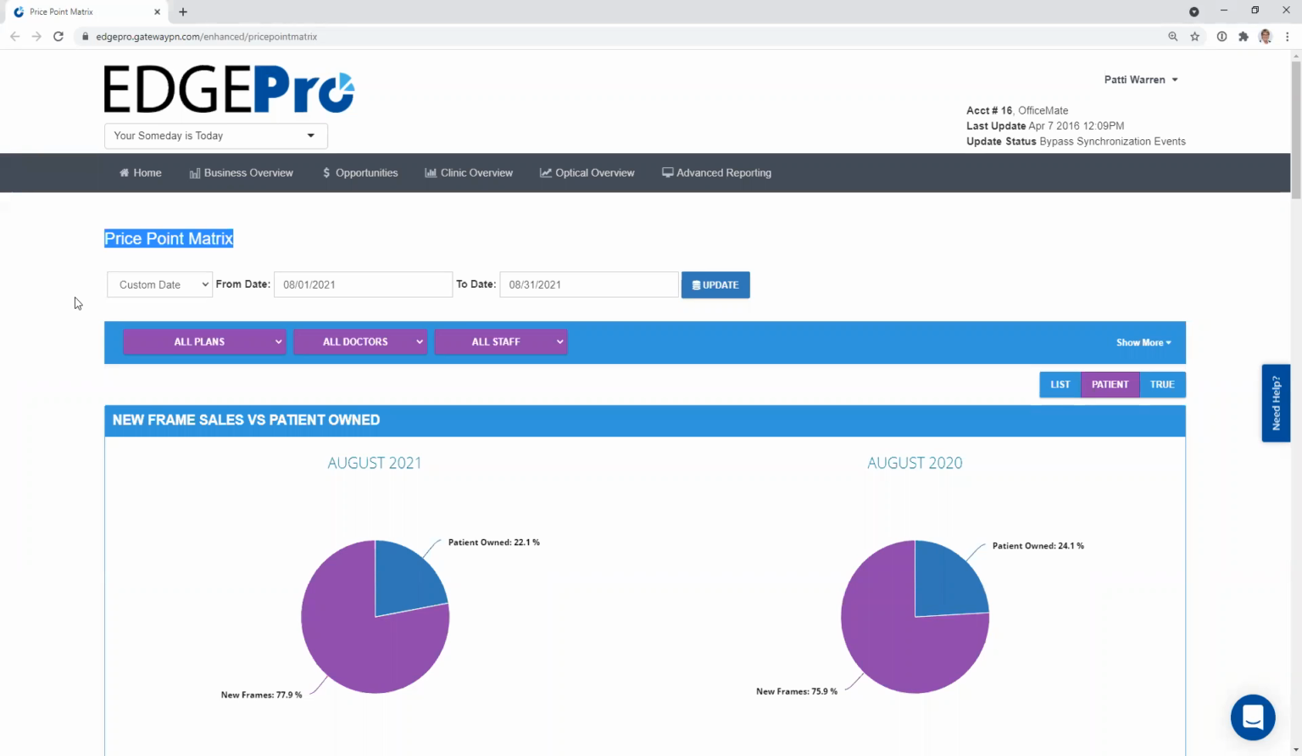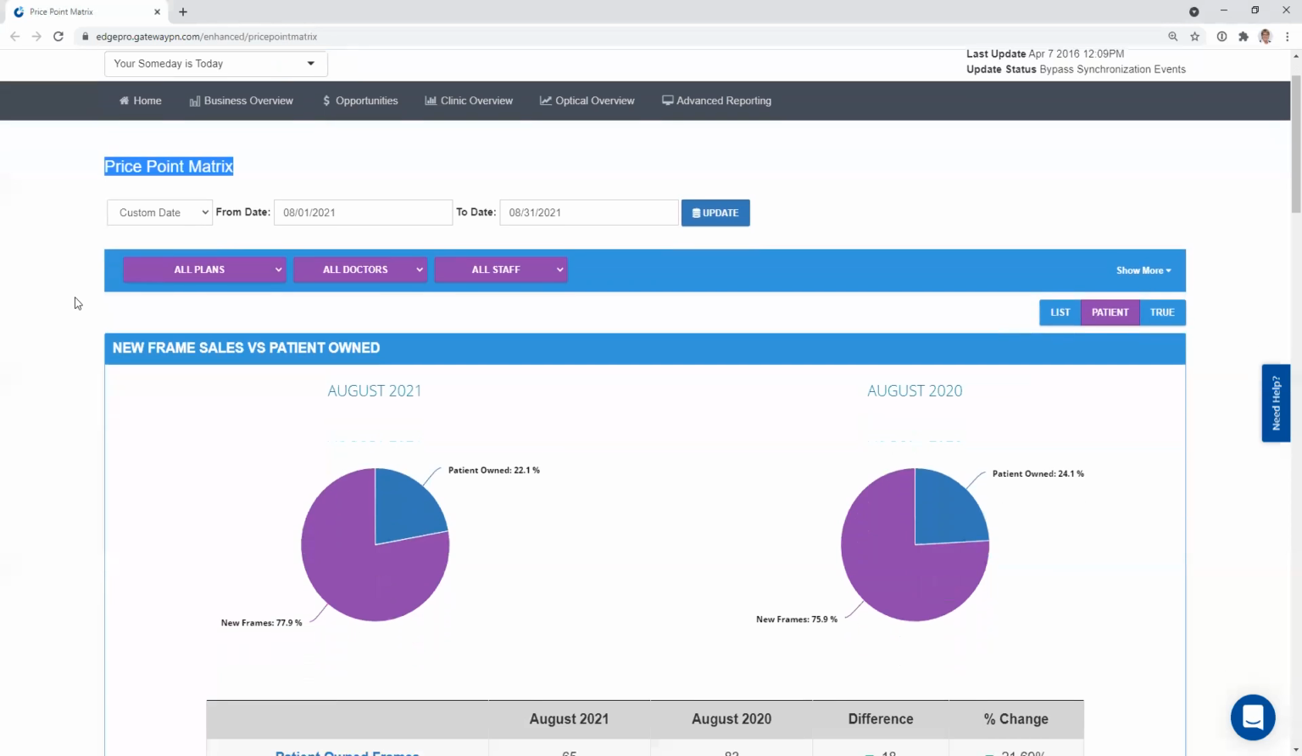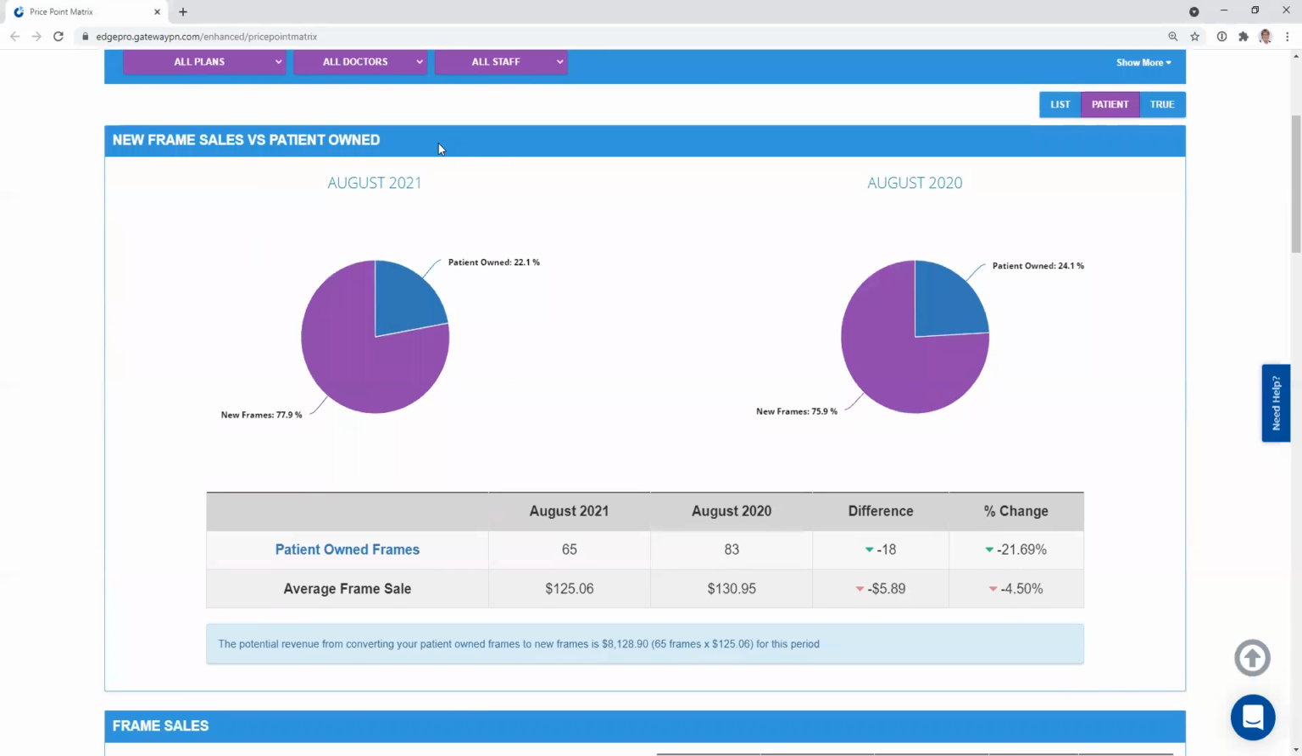So right now I've got it set for all of last month, but I want to show you some of the things that you can uncover on this page. So if I scroll down, the first area that we have here is our patient's own frames. I've got a graph to show me that I'm 22% this year, where I was 24% last year. I also have the numbers. So I can see that 65 times a patient used their own frame this year. Last year was 83. So we've had 18 fewer patients use their own frames last month, which is a good